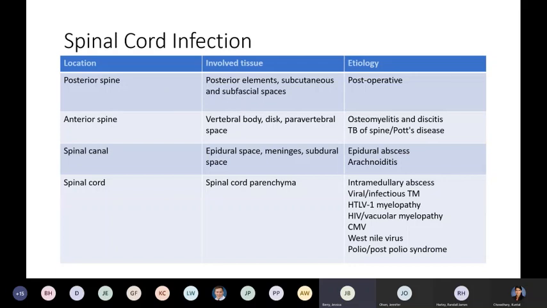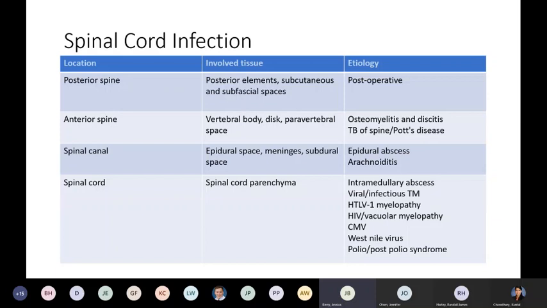So that concludes the vascular etiology portion of the lecture. The next main category is infection affecting the spinal cord. There is a whole host of different infections that can affect the cord. Again, similar to the overall lecture, I'm going to try to focus on the more clinically relevant ones.